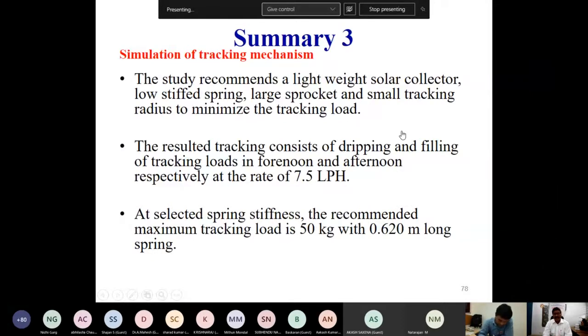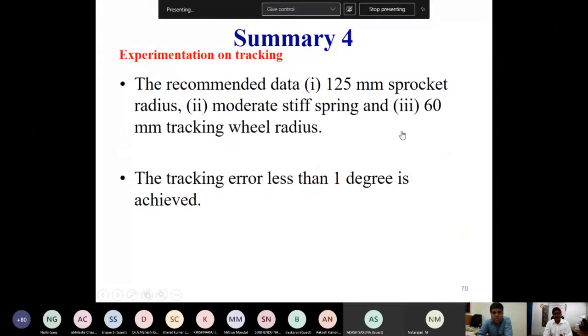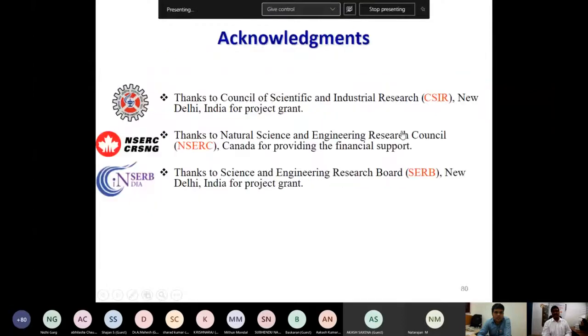So that we can reach two objectives, minimum tracking error as well as minimum weight, after applying these design models, using engineering mechanics principles by changing the eccentricity or other mechanical parameters. We recommended the process conditions, that is the radius, and finally we showed the results for the tracking error. We are able to predict as well as experiment on these systems.